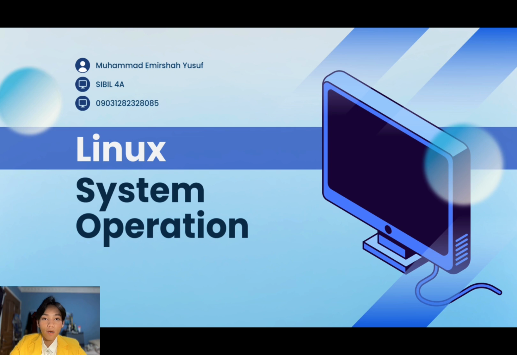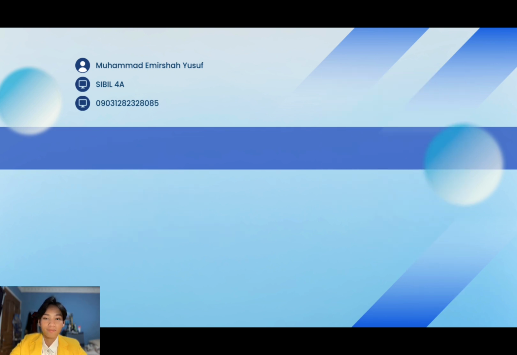And let me give you a background about Linux. Linux is widely known for its stability, security, and flexibility, which is why it's commonly used in servers, development environments, and even personal computers. However, to fully utilize Linux's potential, we need to understand its command line interface. In this session, I'll walk you through several key Linux commands, explain their functions, and show examples of how they work. So let's start exploring.